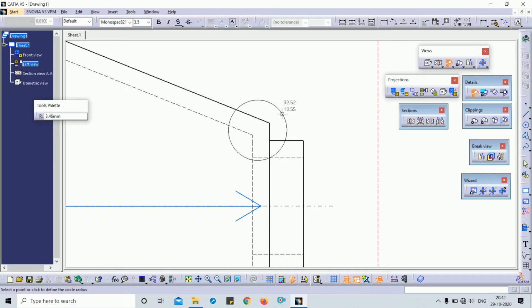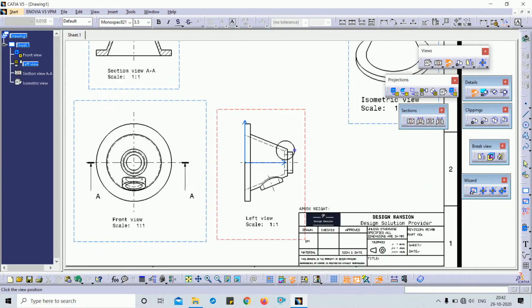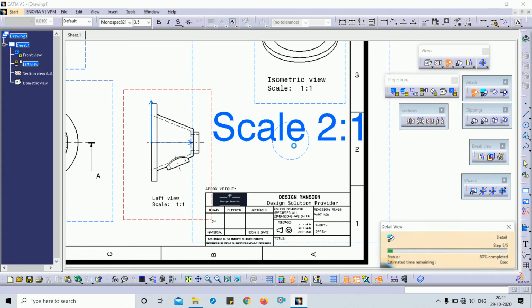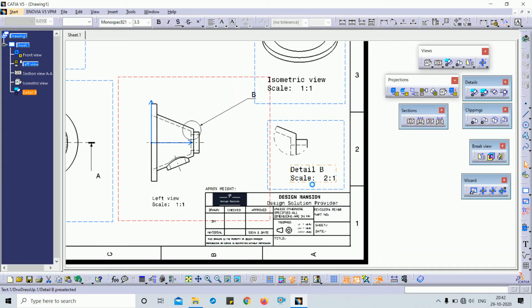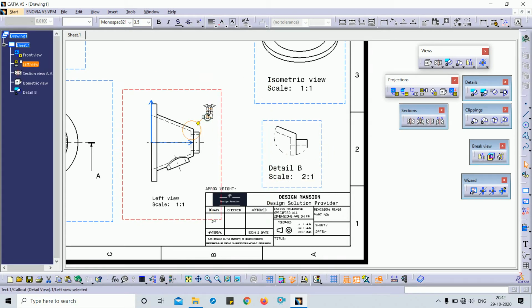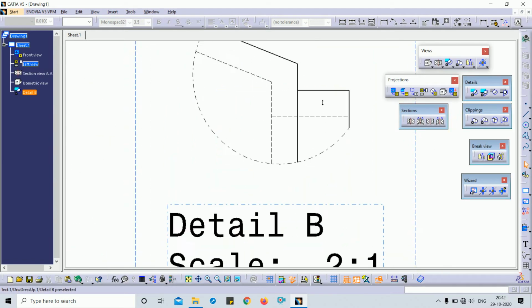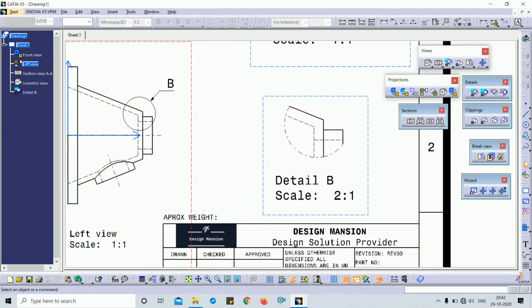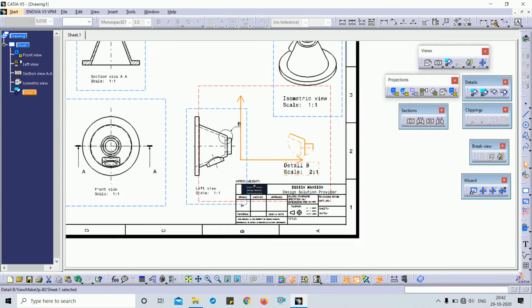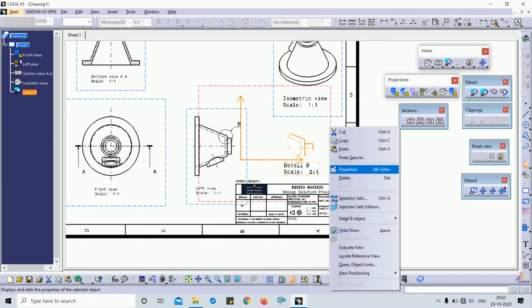Select the detail view and right click. This is my detail view. You can see a round shape. By double click you can change its properties also.